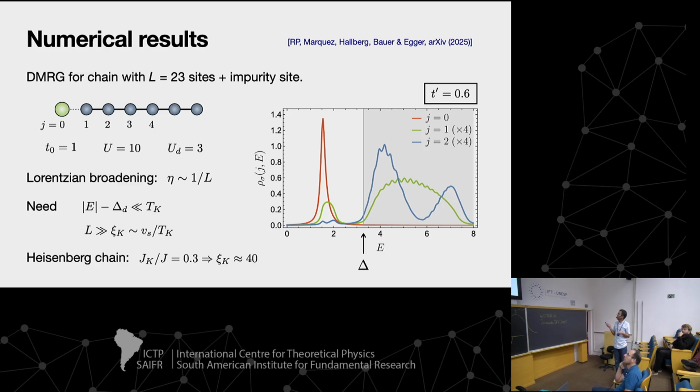So starting with this T prime of 0.6, and then even higher values to move towards this strong coupling fixed point. Right, and then here I'm showing the result for this value of T prime at different sites as a function of energy. This here is the Mott gap. Anything you see here has to do with the presence of this magnetic impurity site at the boundary. Right, so this peak is strongest, of course, at the impurity site.